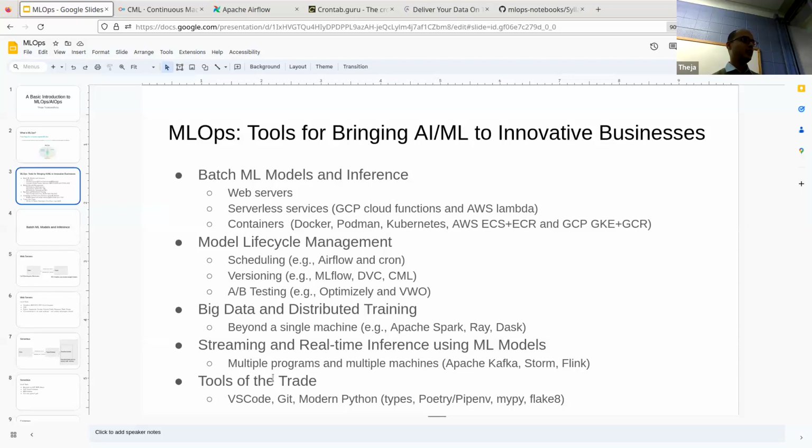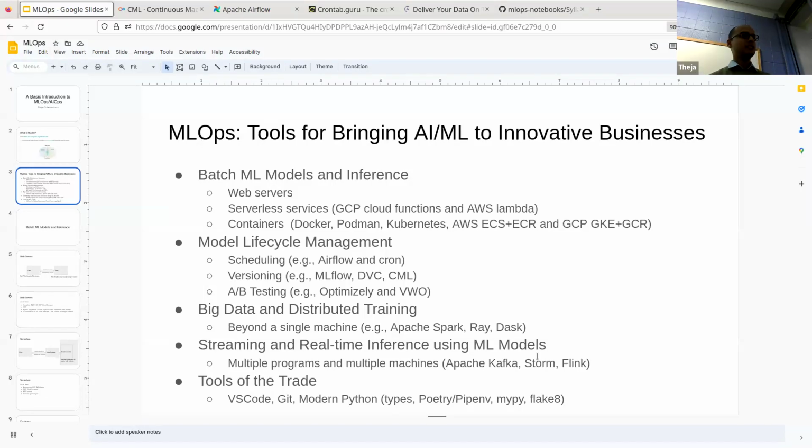The last two buckets, streaming is something we'll probably not get the chance to cover in this semester, but it's a very different idea of thinking of multiple programs potentially living on different computers, and each one passing data or messages. Like if it computes something, let's say vectors, it passes it to some other program. That program uses the vectors to compute, let's say, nearest neighbor, and then passes to some other program, and so on. So it's an architecture where you don't think of data lying on a database and then some compute going on it, but really a moving version of the data view. Okay, you think of the system that way.